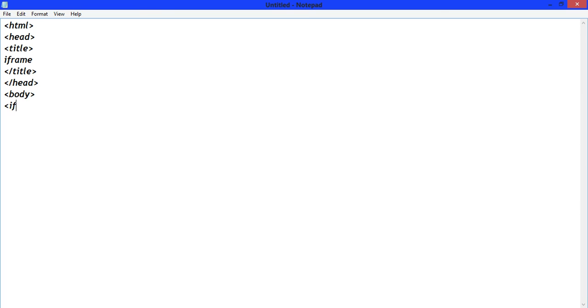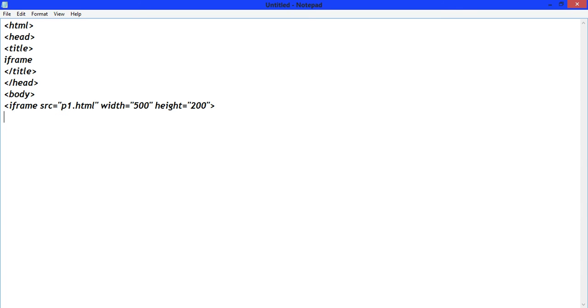Now write iframe src equals to p1.html, width equals to 500 and set height equals to 500 or 200.